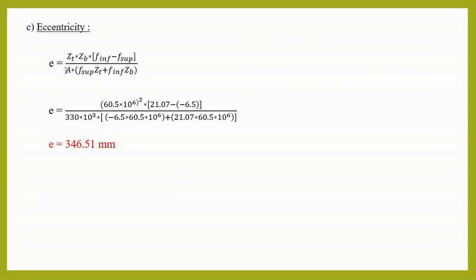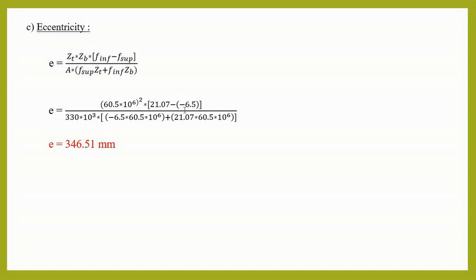The general formula is E equal to ZT into ZB into (F inferior minus F superior) whole divided by A into (F superior into ZT plus F inferior into ZB). Substitute all the values. Here, why did I write this square is as ZT and ZB have the same values. So, it is whole square into